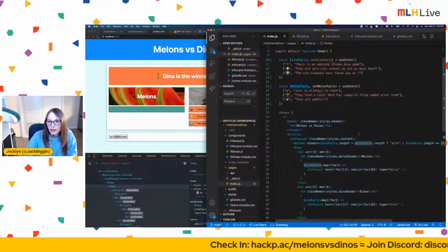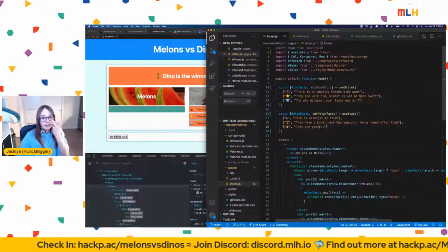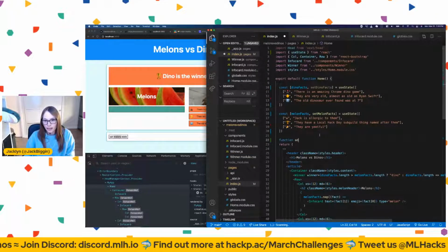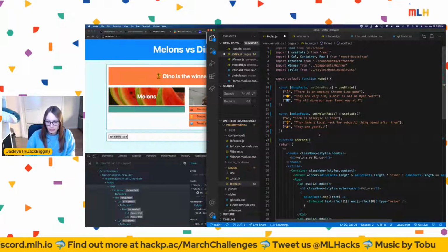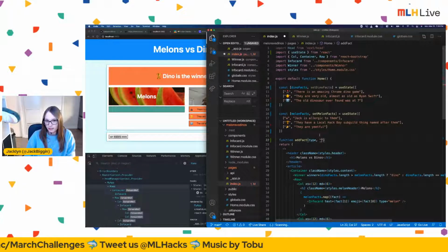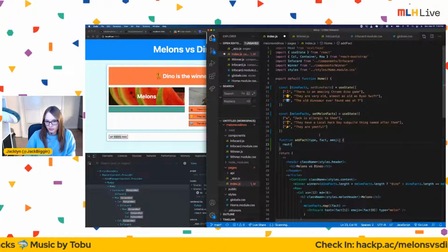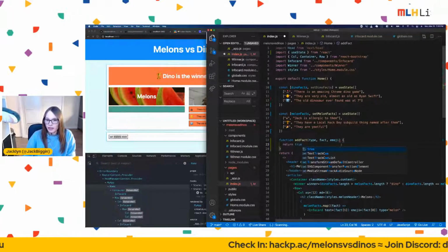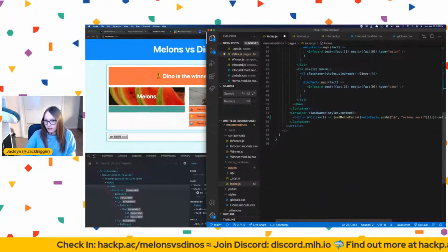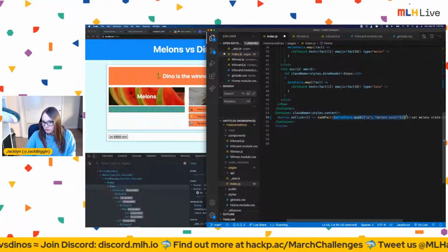Well, let's bring this into its own function so we can actually see it a bit better. Let's say a function, add fact, and it's going to take a type, fact, and emoji. I'm just going to return true for now, not going to actually do anything. Then we're going to use this function down here. So on click, add fact, and